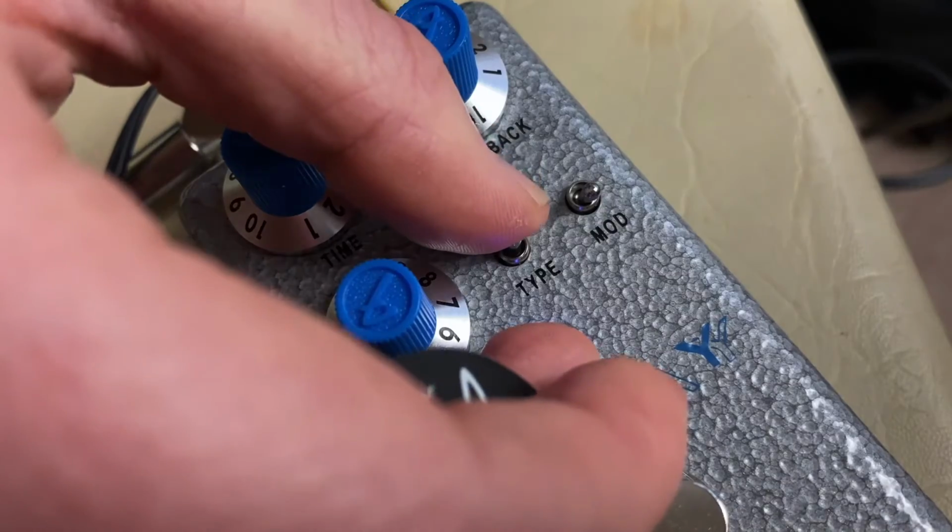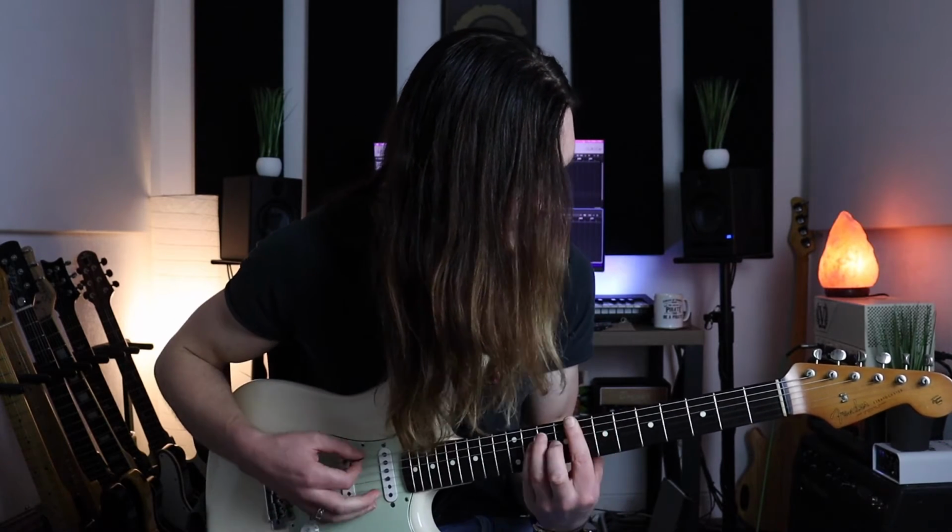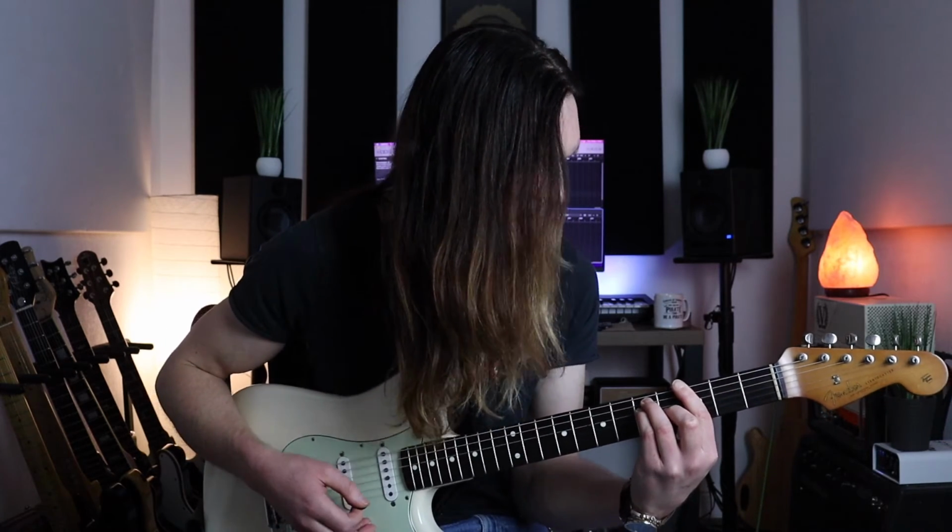If we move on to the analog style delay that has more mid-range to it now, we're probably actually going to perceive a little bit more volume out of this setting, as it's got a mid-range enhancement, which is obviously where the guitar sits naturally. So if I play something on here now, you can hear it's